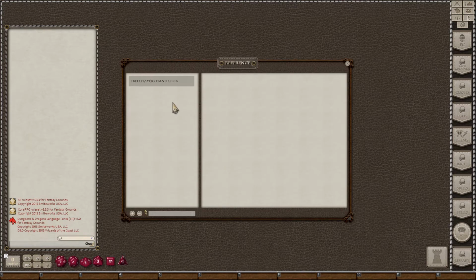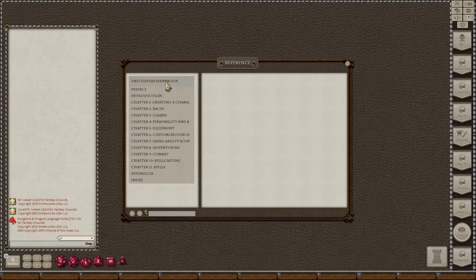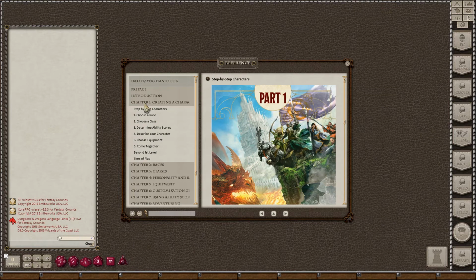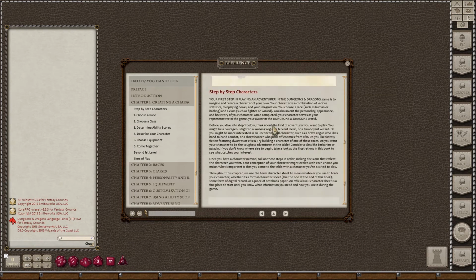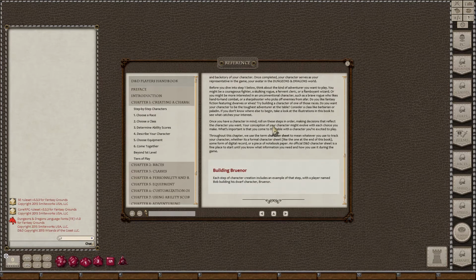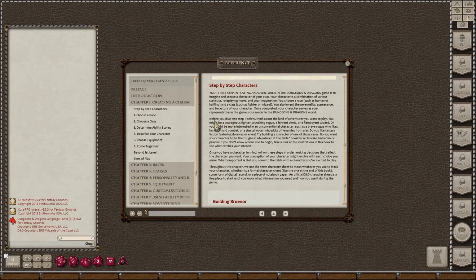If you click on that, it opens up this reference window, and you can open it up over here and say, for example, click on character creation, since that's what we're doing. And you'll see you get all of the art and all of the layout and all of the information that is in the player's handbook. And this is a great way of just flipping through the book as if you were sitting at a friend's table, at his tabletop, and he just says, oh, yeah, I've got a copy of the PHB, go ahead and